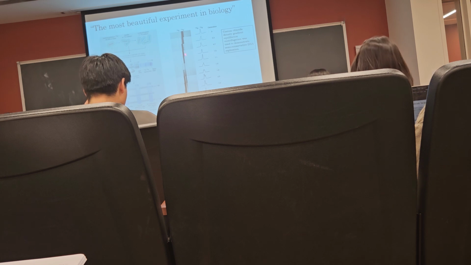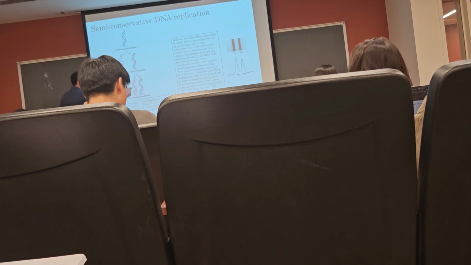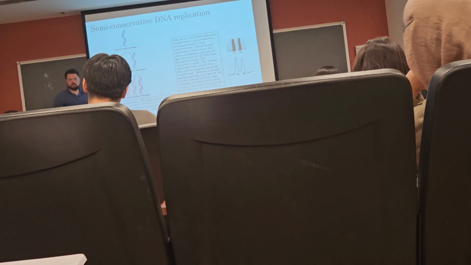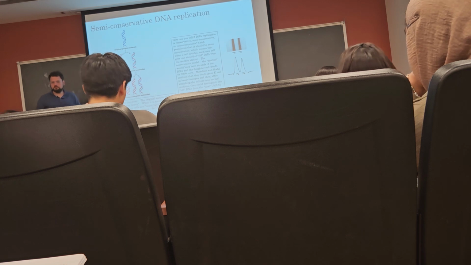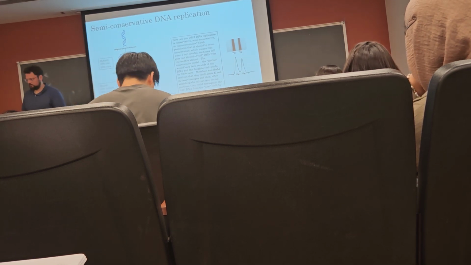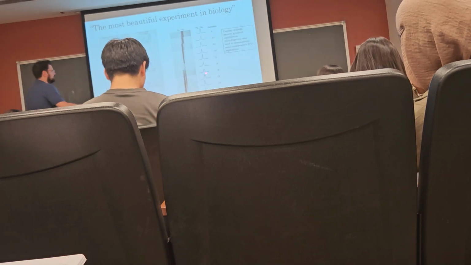So what would happen now at the second generation? Now there's evidence that yes, the semi-conservative model is correct. So let's go one further generation. In this case, we have 2 and 2, so we have 50% and 50%. 50% should be hybrid, so at which line is this going to be running? In the middle. And we have 50% new, so at which line should this be running? N14. So is this the case? Well, here we see we